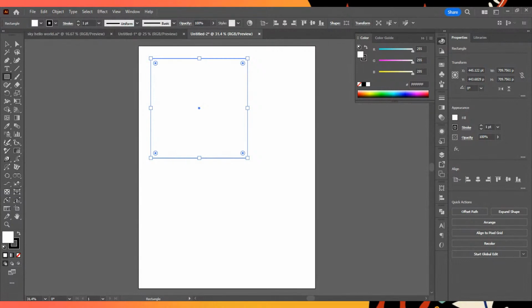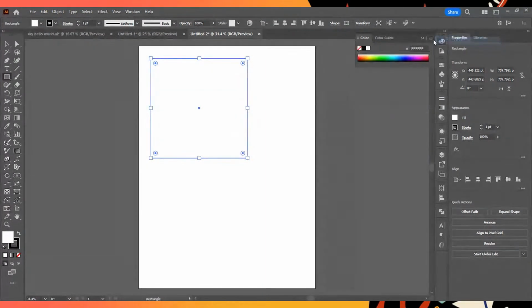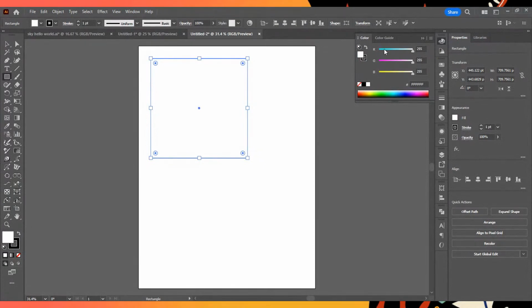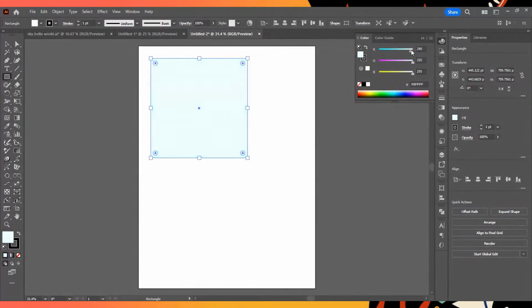On your first use of Adobe Illustrator, you won't see this option. If you can't see this option, you will need to go to here, and you will see a show option. If you click this, you will see RGB there. I will teach you the RGB and the CMYK next time, but for now I will teach you how to change the color of the